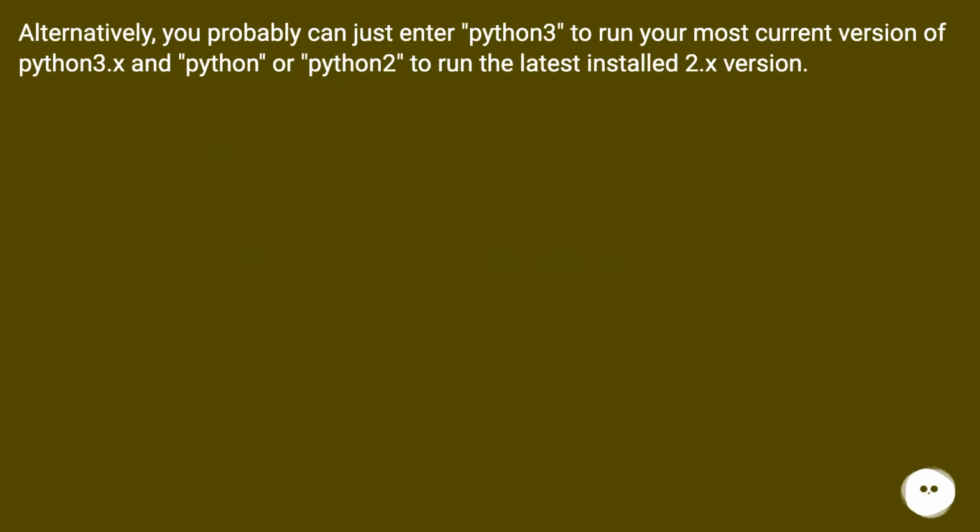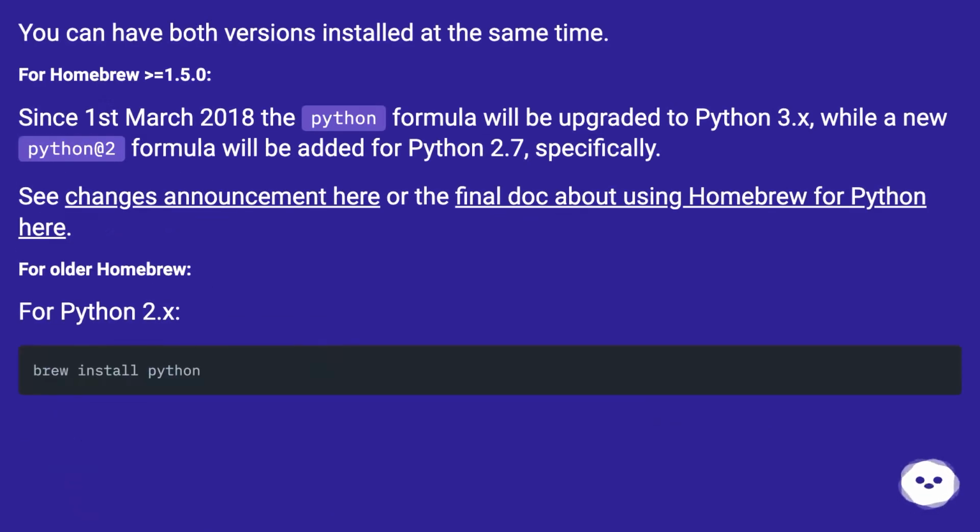Alternatively, you probably can just enter python3 to run your most current version of Python 3.x, or python2 to run the latest installed 2.x version. You can have both versions installed at the same time. For Homebrew,